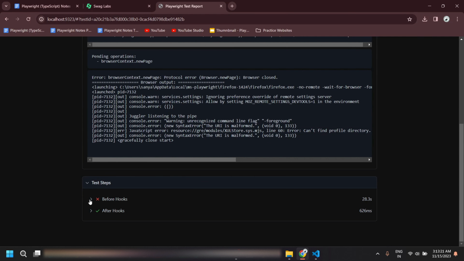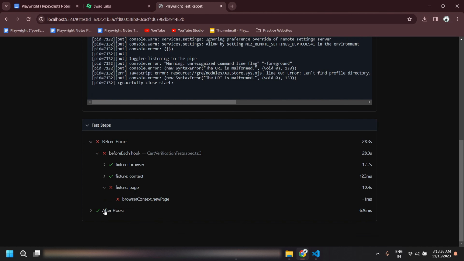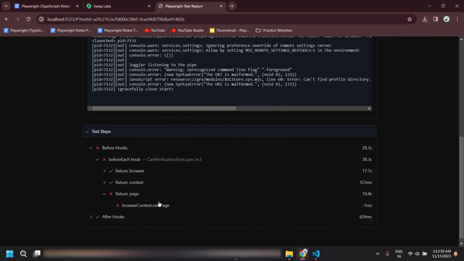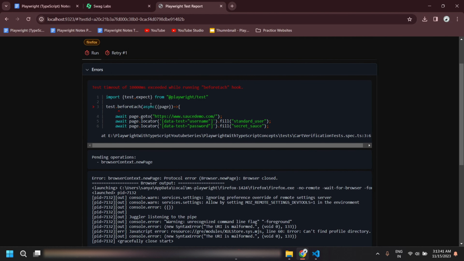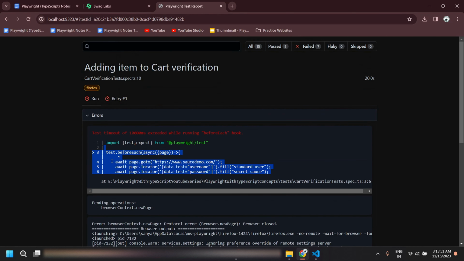Okay, so here in the task tab, see, the before each hook which we have given, you would be able to see in the task tab. So it generated that before each hook, where it generated the browser, context, and the page, right? So that also you can see in the before each. Only our test case got failed, so that's why this is a runtime error. This is not a genuine failure, but yeah, you would be able to see all the details related to that, right? If our failure is happening in the before each also, that also you would be able to see for the